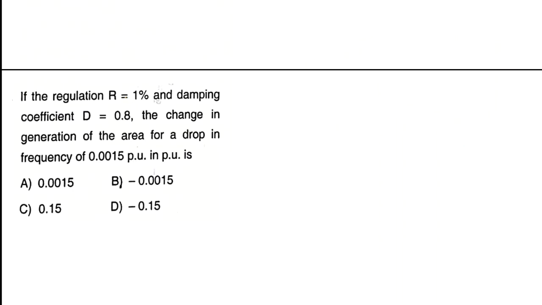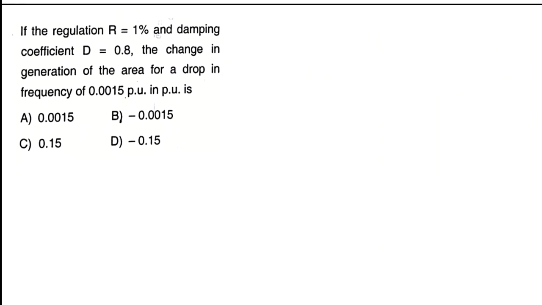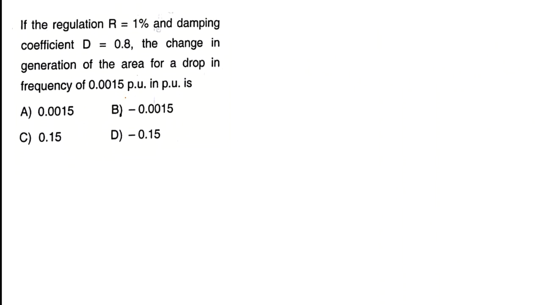Next question. So it is a formula based question here. If the regulator R is equal to 1% and a damping coefficient D is equal to 0.8, the change in generation of area of drop